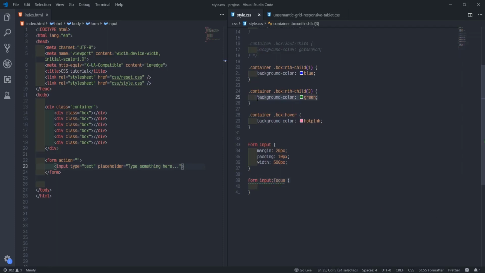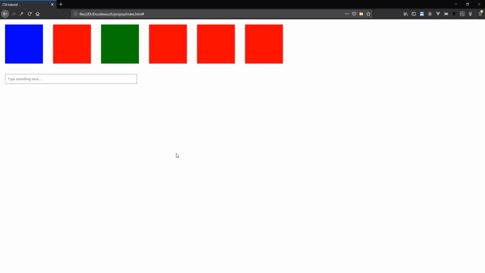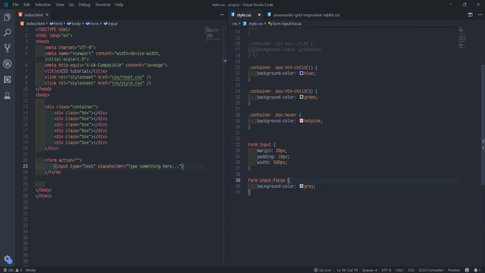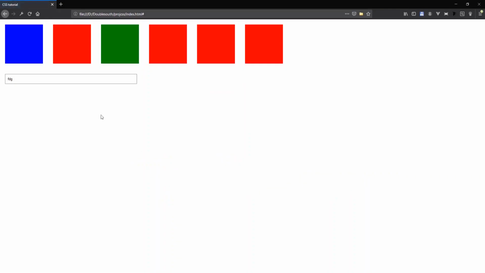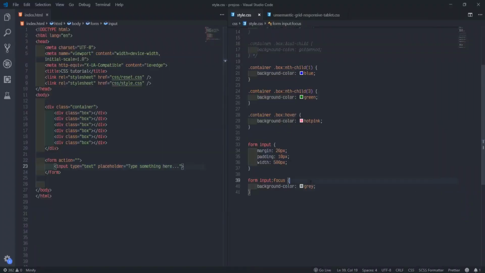Match it to gray. So it will happen when we click inside now, we'll start to type. Input background color focus. The comma I don't want is that they do wrong now.